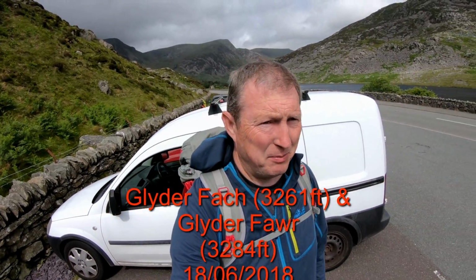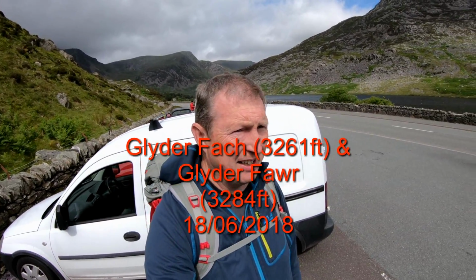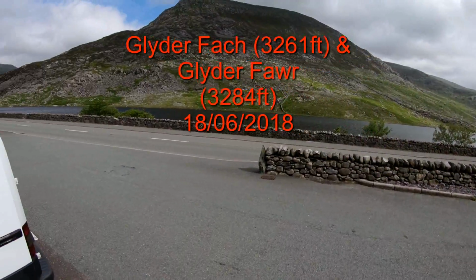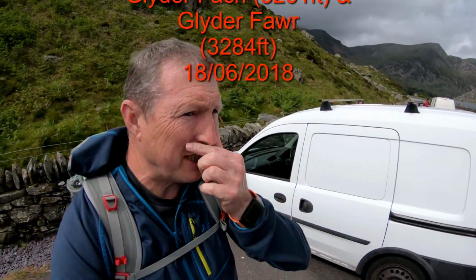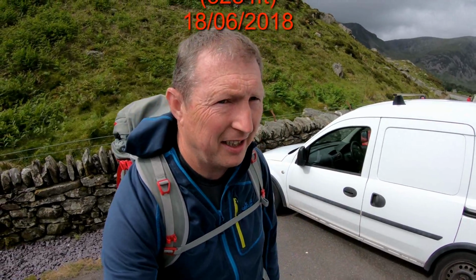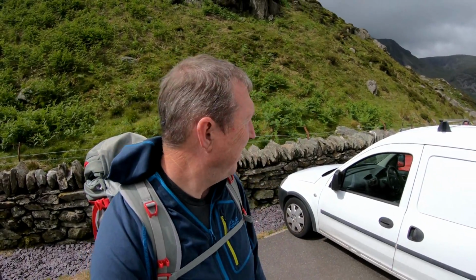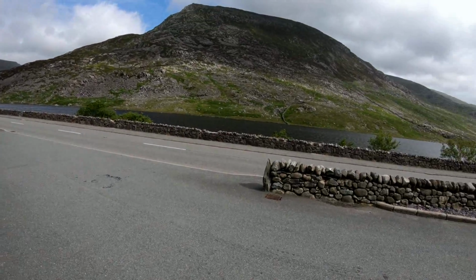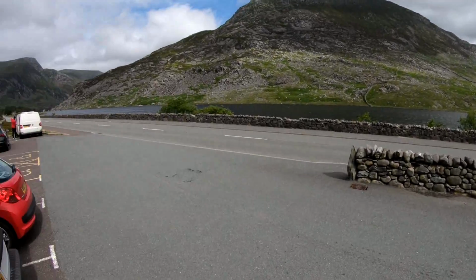Hi guys, today I'm in the Ogwen Valley, probably one of my favourite places in Snowdonia. It's a little bit breezy, so the sound quality, especially when we get higher up, might be quite poor, so I apologise for that. But today I'm parked in the National Trust car park opposite Llyn Ogwen, and the actual